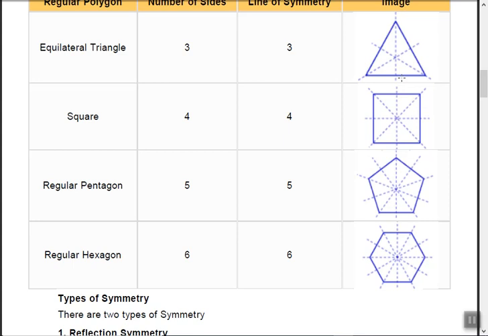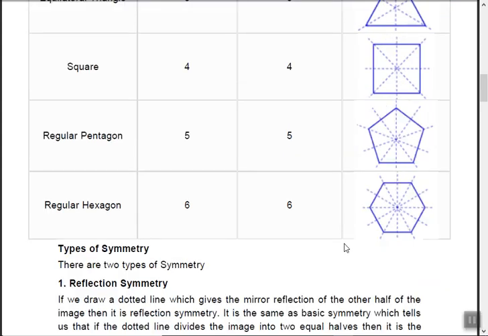And look at the lines of symmetry. See, this equilateral triangle has 3, then this square has 4, then this pentagon has 5. Hexagon has 6 lines of symmetry. There is a formula for getting these lines of symmetry. So basically the rule is if n sides, then n lines of symmetry. Okay, this pentagon had 5 only and hexagon had 6 only. So n sides, n lines of symmetry.